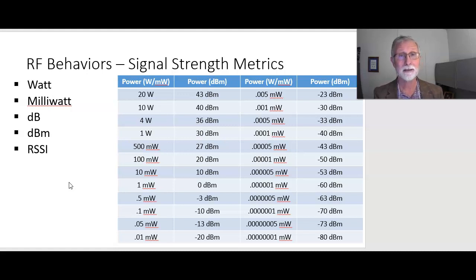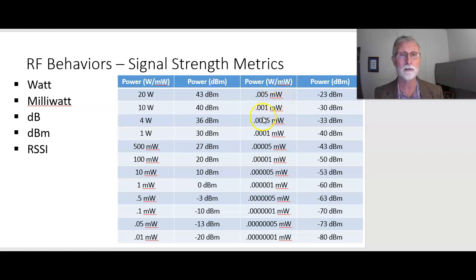Now, milliwatt, because a lot of the transmitters we use in wireless networks use very low power. Milliwatt is 1/1000th of a watt, and you'll see it abbreviated mW,